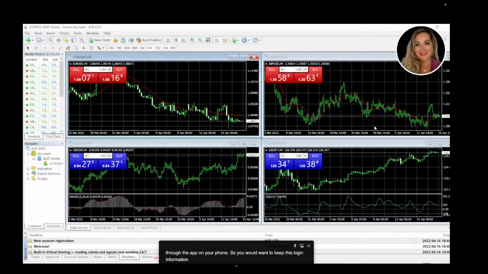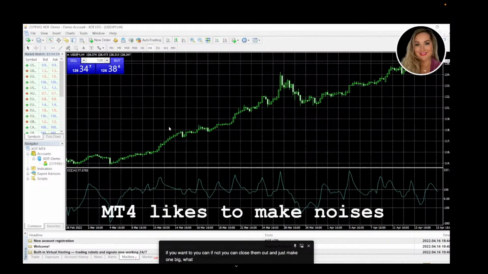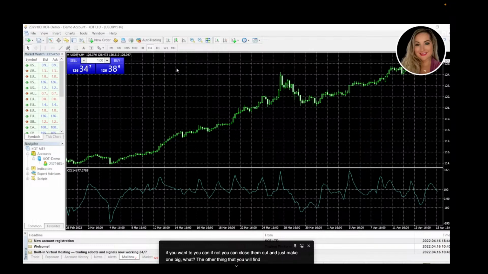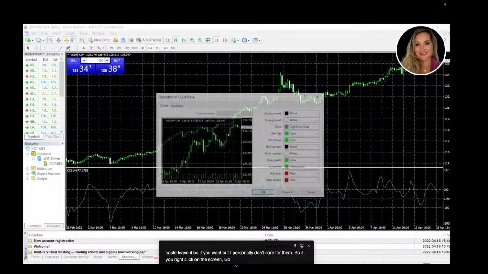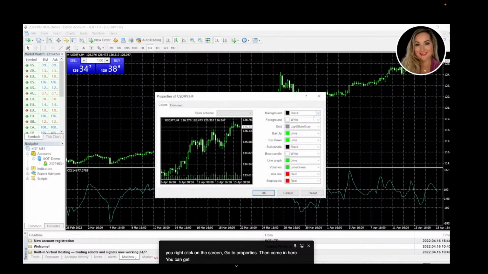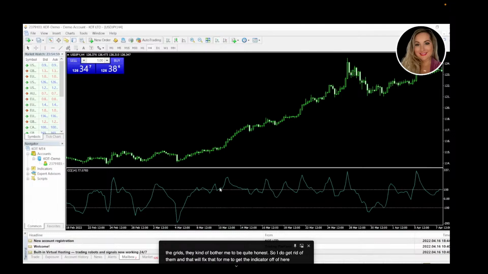So now you're logged in, your account is set up. This is a standard screen you'll see where they put up 4 charts at a time. Most people don't actually keep up 4 at a time, but if you want to, you can. If not, you can close them out and just make one big one. The other thing that you will find is that it gets loaded with these preset indicators like the CCI. You could leave it be if you want, but I personally don't care for them. So if you right click on the screen, go to properties, then come in here, you can get rid of a couple of your things. I don't really care to have the grids. They kind of bother me, to be quite honest, so I do get rid of them, and that will fix that for me. To get the indicator off of here, what you'll do is right click,